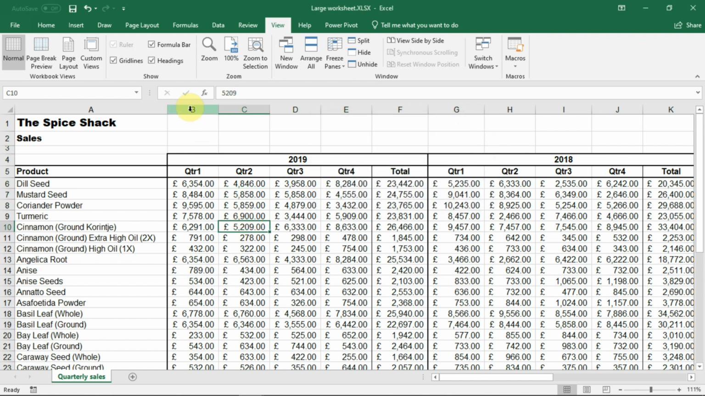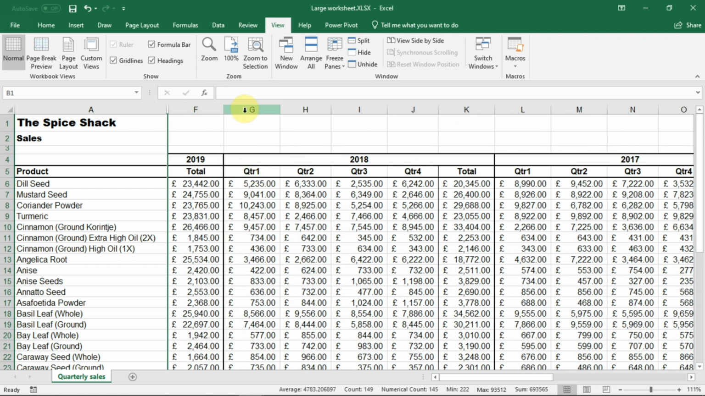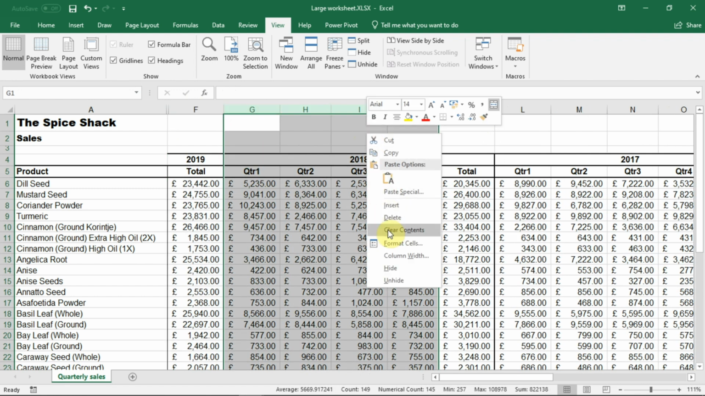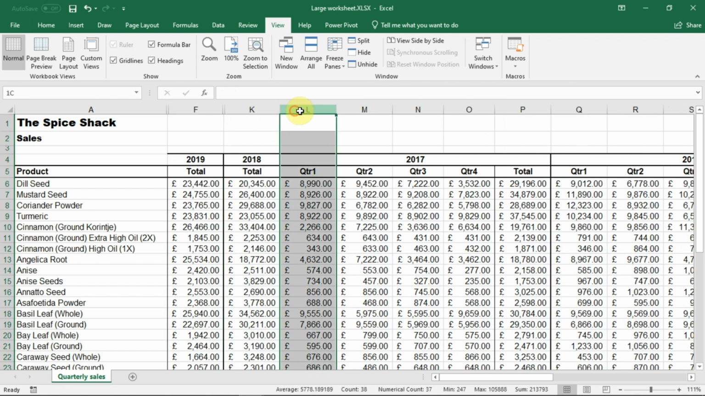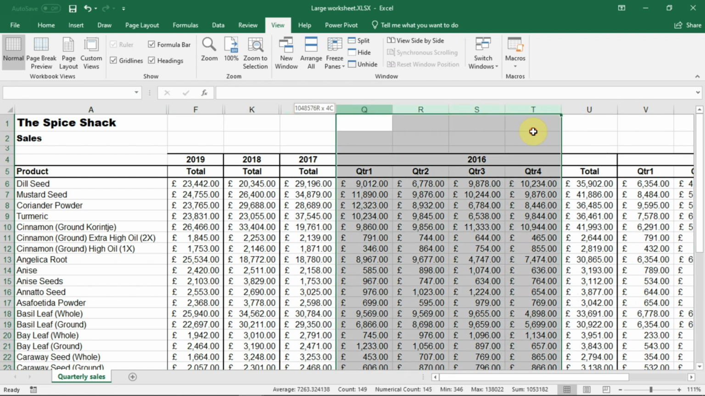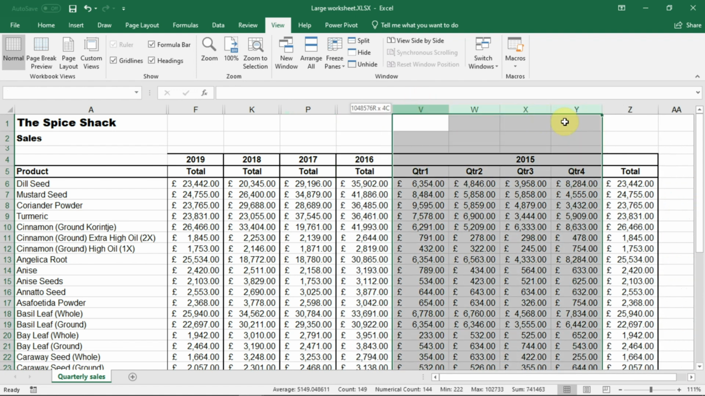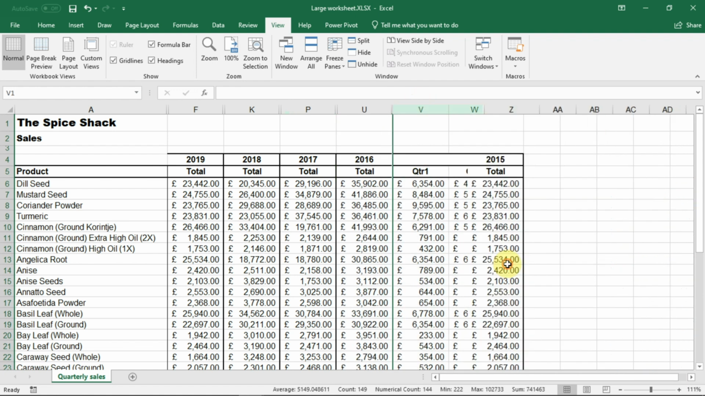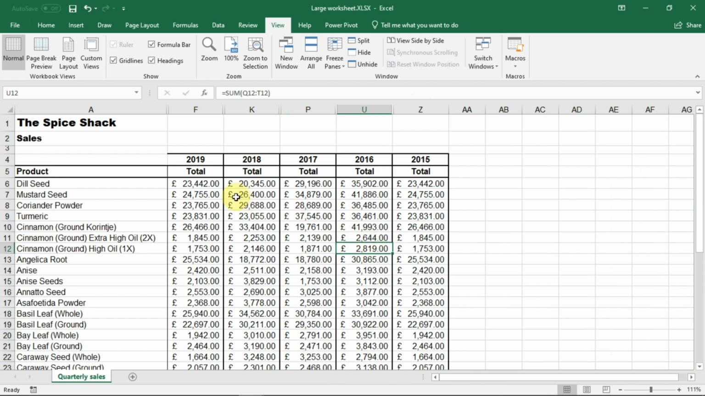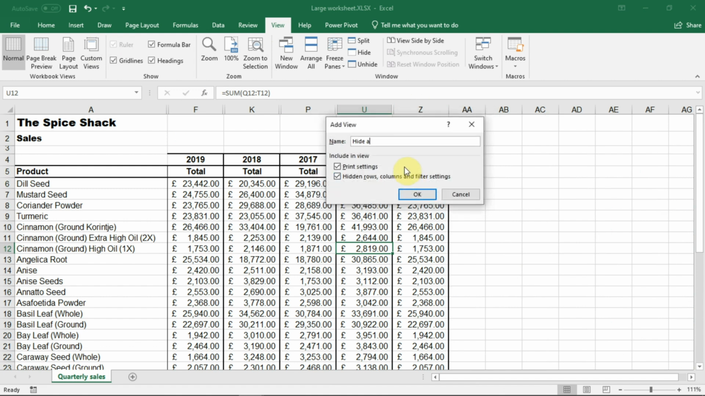Let's say a very typical view that you might want for this file is to hide all of the quarters. Can you see this is quite a lot of clicking around, so it can be quite laborious to get to this point, and if you have to do this on a daily basis, it can be quite tedious. So if I get this to the point I want it to be, click View and then Custom View, and click Add, I'm going to call this one Hide All